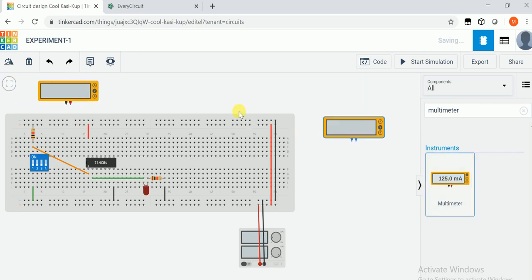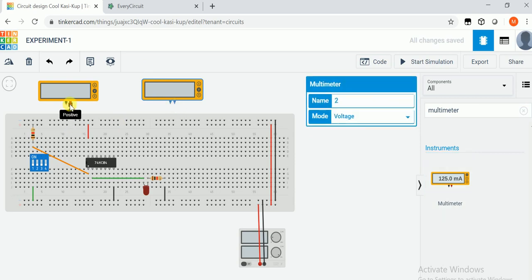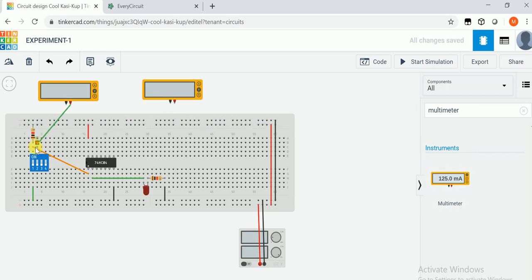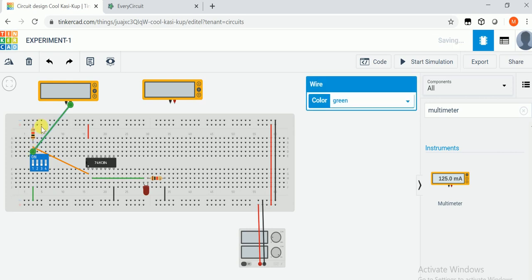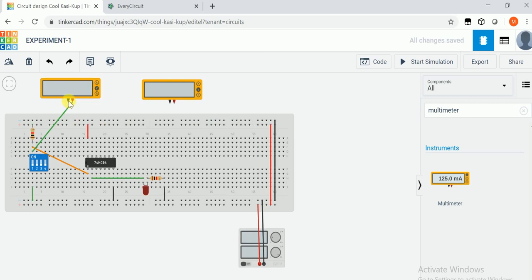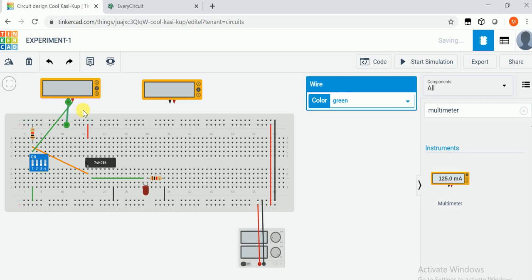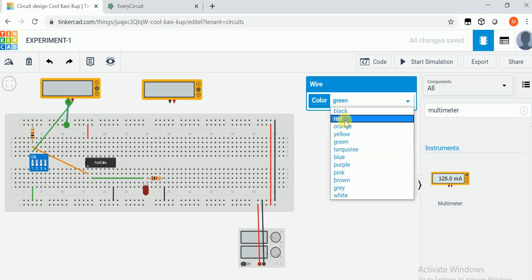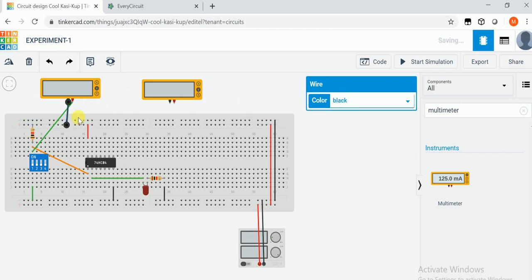Actually we need two multimeters. This is the positive part, so we will connect here, and this one is ground. This black portion should be grounded, so we will ground it, make it black, and this should be red.